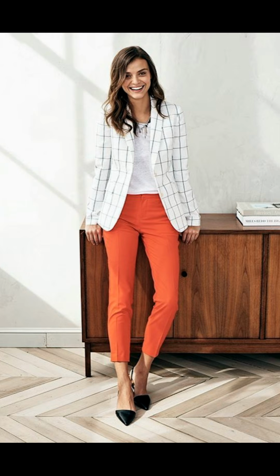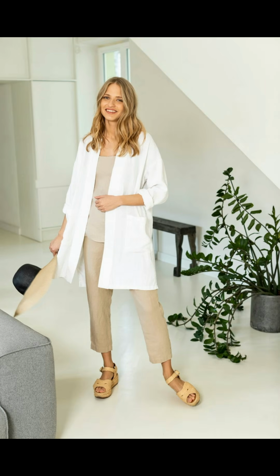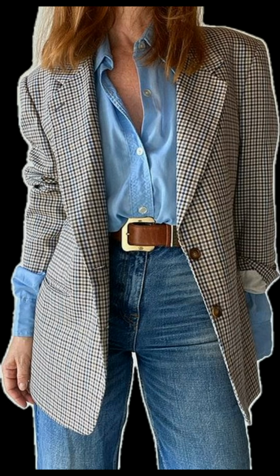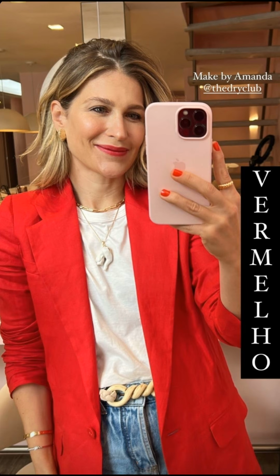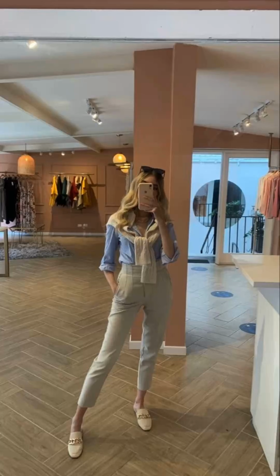Choose a silhouette that flatters your figure, whether it's a sleek bodycon dress or an elegant fit-and-flare style. Elevate the look with statement accessories such as chandelier earrings, a bold clutch,